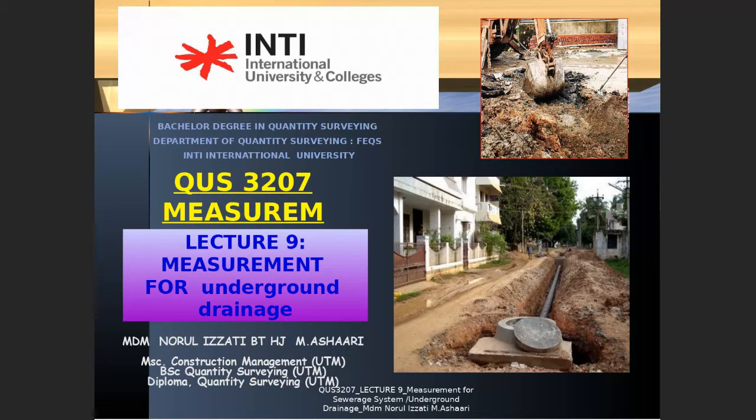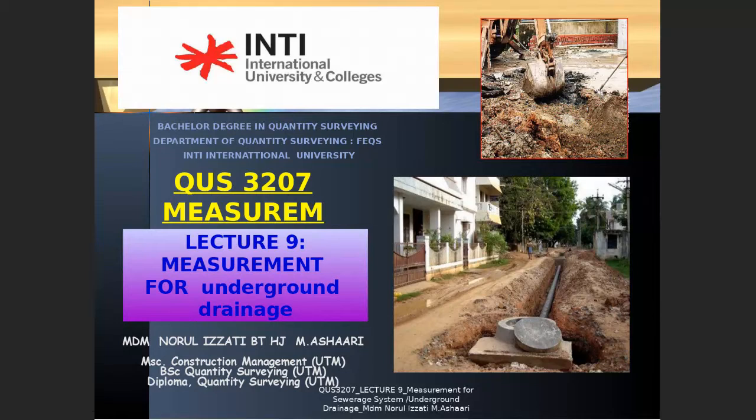Hi everyone. Today we are going to continue with the measurement for the underground drainage. You can download the PDF form in the Blackboard, and I will share this recording to you in the Blackboard as well. Okay, so this is our next topic, the continuity from the measurement for the drainage that we have